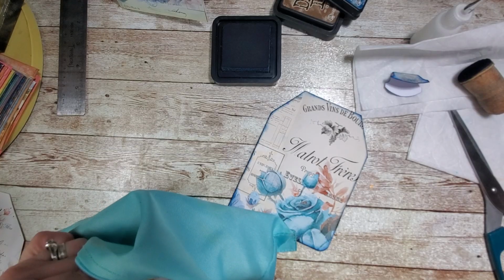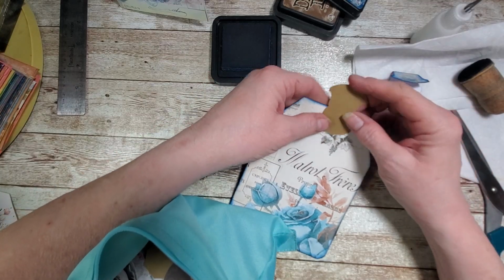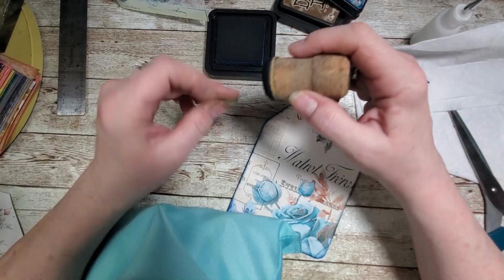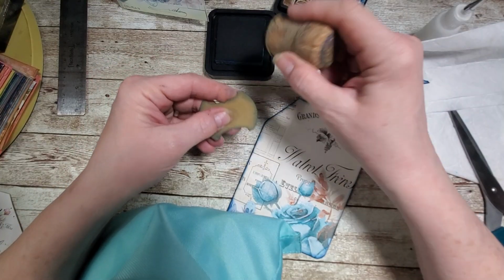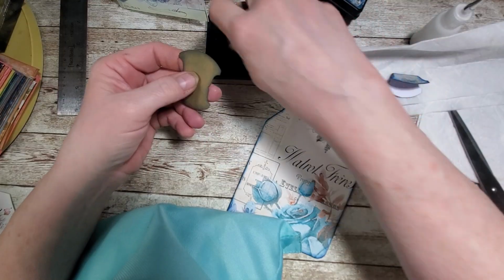Gosh. I did do these. These are just regular. They don't even have anything on them. I don't even remember doing them like this. I was thinking I could just kind of...